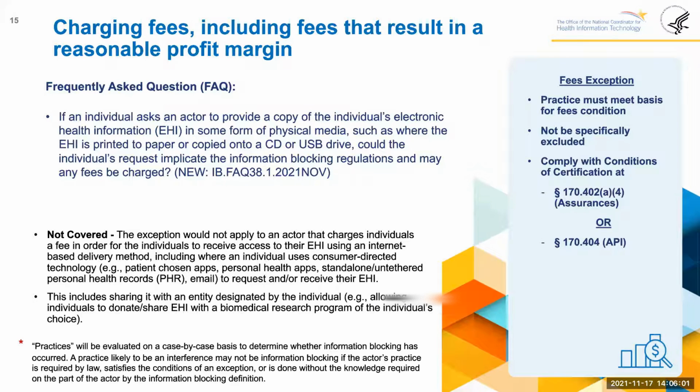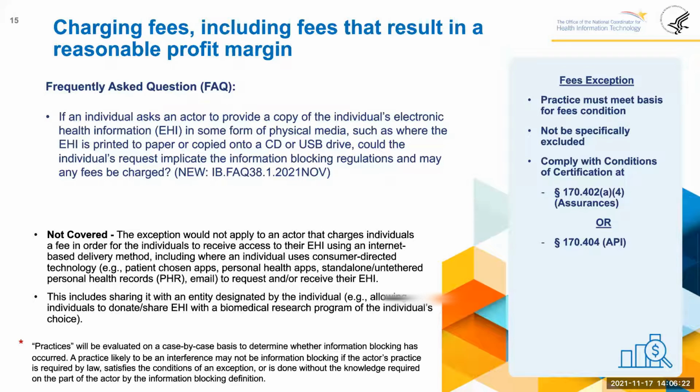We hear this quite a bit from the community. So on this one right here, this question, I can actually start off by telling you yes, under the information blocking regulations. Just to give you a real quick background on how this fees exception works